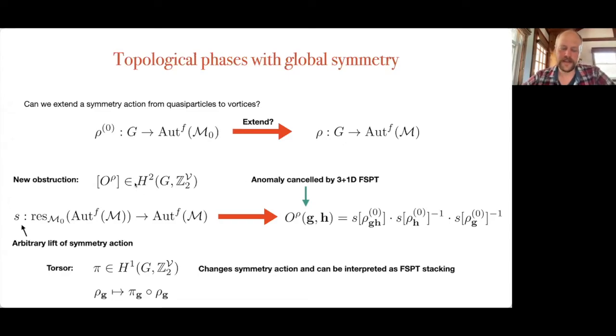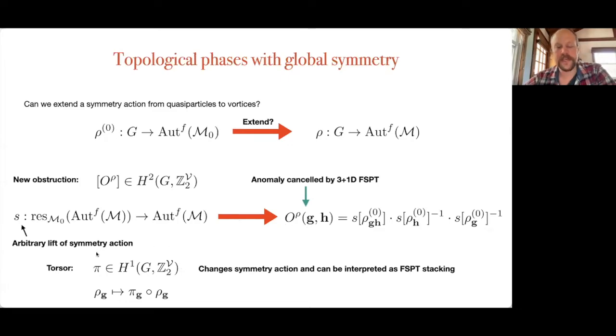Oh, and in case some of the audience is not familiar with group cohomology, I'll just say anytime I have something that looks like H with a superscript n of G valued in some group, that itself is a group. So Hn of brackets always forms an abelian group. All right. So when these obstructions vanish, meaning when it doesn't have to live at the boundary of some 3+1 d fermion SPT,